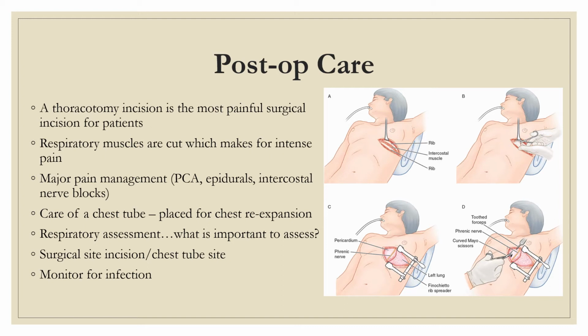Also, typically a chest tube is placed, and they place that for chest re-expansion and also to get rid of some extra fluid in the lung. So especially doing care of the chest tube. So we want to do a chest tube assessment. Is it hooked up to wall suction? What is the order? Is it to medium continuous wall suction? What's the color of the drainage coming out into the chest tube? How much is there? Is there an air leak? We want to look for all these things in the chest tube.